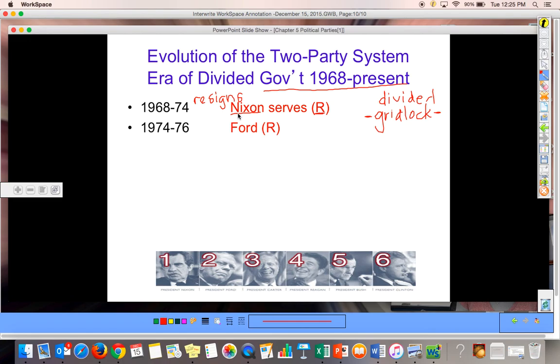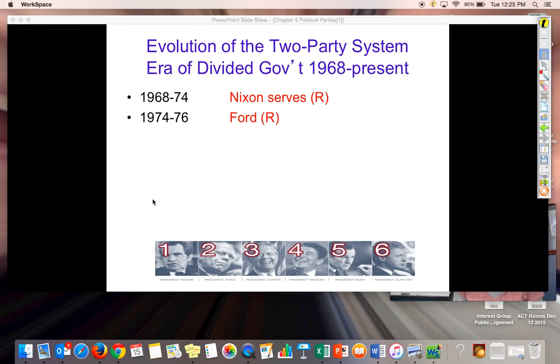Instead, Nixon resigned. His vice president, Gerald Ford, took his place and assumed the presidency and later pardoned Nixon for any crimes. Many called that political suicide for Ford, but he said he had to do it to save the nation from any more turmoil that we had gone through. So very short term for Ford, although he does run against the next person, Jimmy Carter. Jimmy Carter does win after the fiasco of the Watergate scandal.